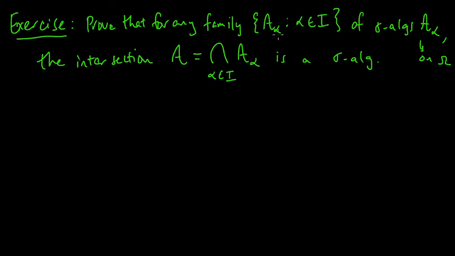Okay, here we go. So the first thing to get your head wrapped around is what this object is here. This is a set of sigma algebras. So it's a set, and each element of that set is a sigma algebra. So each element of the set is itself a set, right? A sigma algebra is a set, and it contains sets. So this is a set of sets of sets. So you need to get your head wrapped around that, and build up some mental machinery maybe to keep track of all the things that are flying around here.